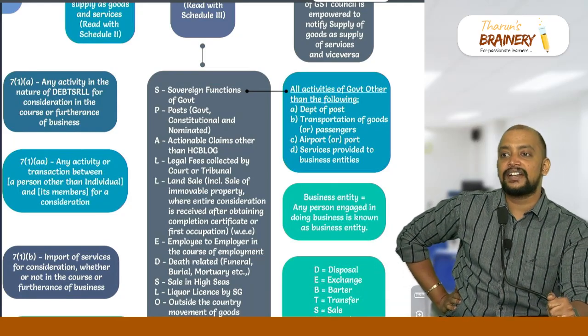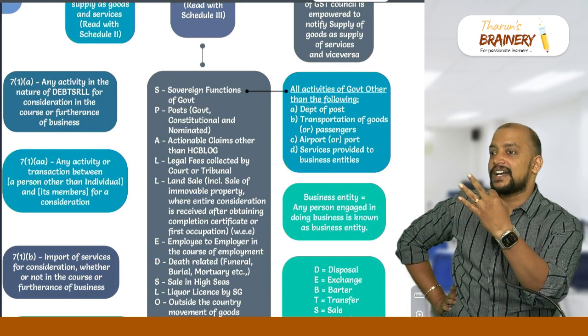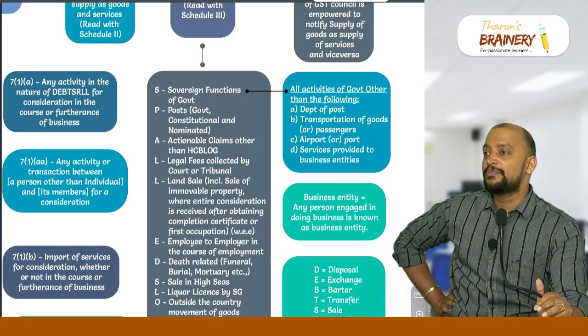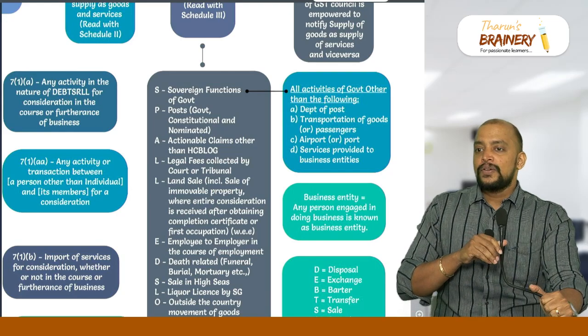Previously we had lottery, betting, gambling. These three were covered under supply, all other actionable claims were excluded from supply. Please concentrate, this is one amendment. Listen, what happened is that